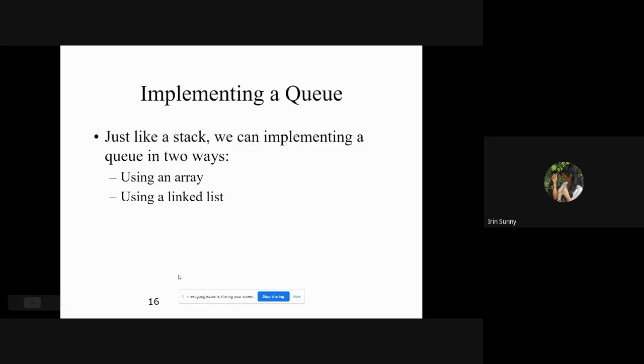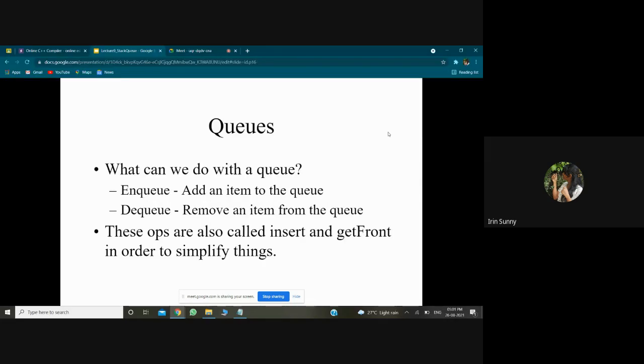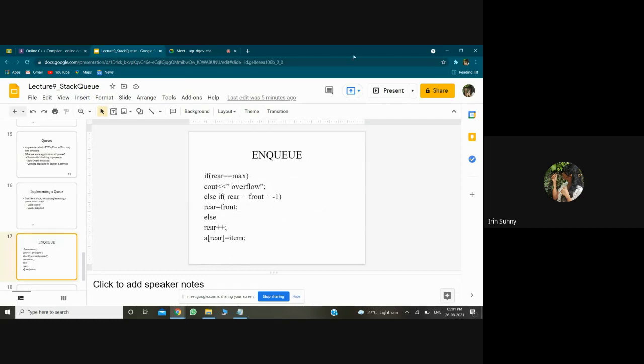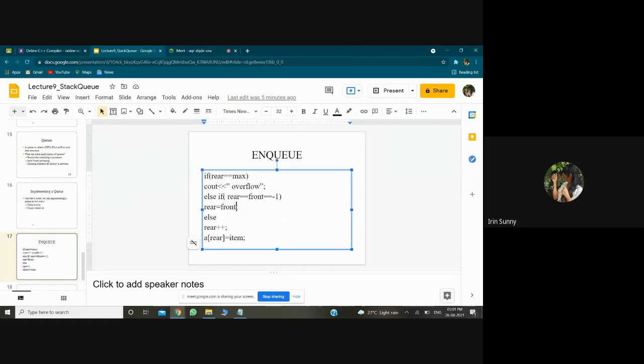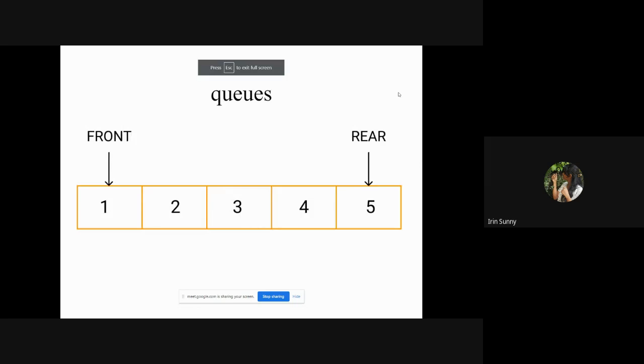That is the enqueue operation. Initially the value of rear and front I'm assigning to be minus 1.